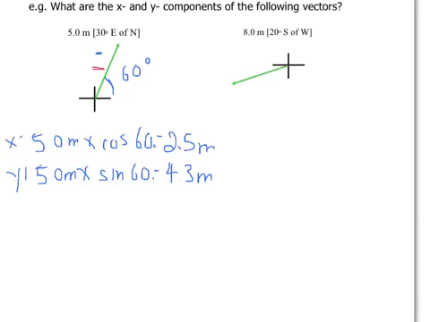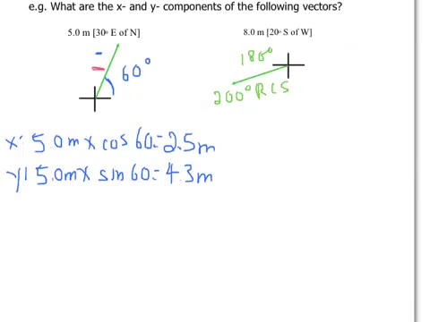Let's do another example. Our second example here, we're asked to find the horizontal and vertical components of a 8 meters vector at 20 degrees south of west. Let's convert this angle into RCS coordinates. We know that RCS coordinates are Cartesian method. In the west degrees, it is 180 degrees. If it's an additional 20 degrees south of 180 degrees, therefore this angle is 200 degrees